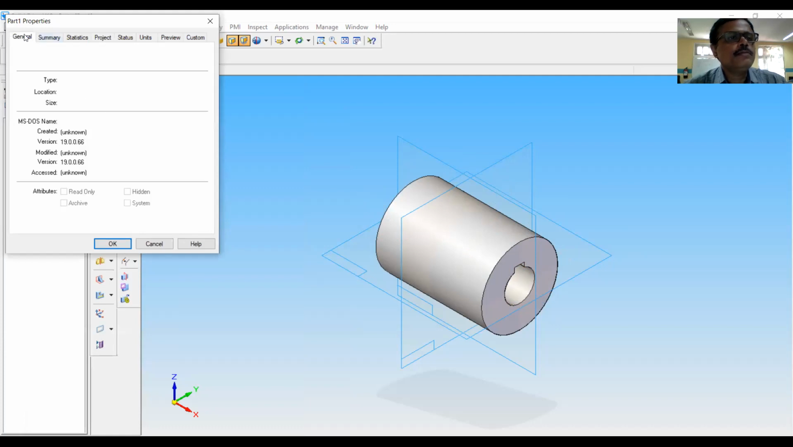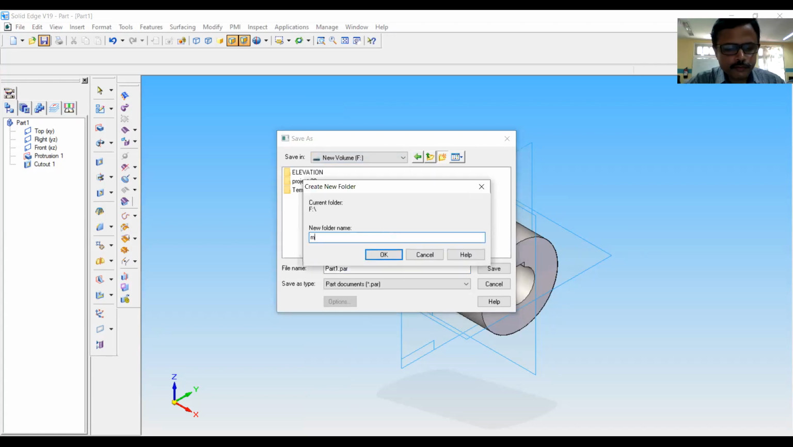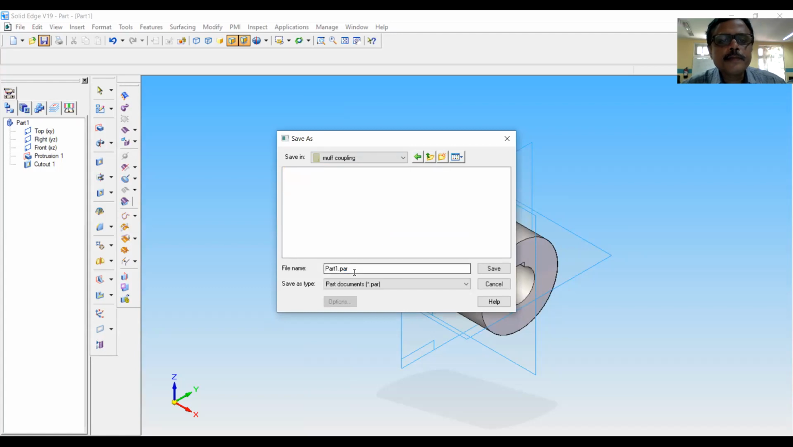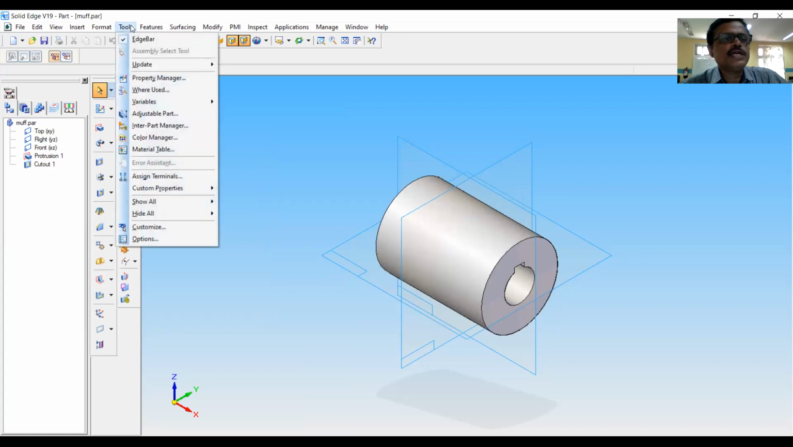In a folder, you can save it in any of the folders. MUF coupling. And this part number is MUF. Part name is MUF. See, once you have done the modeling with the help of equations, it is very easy